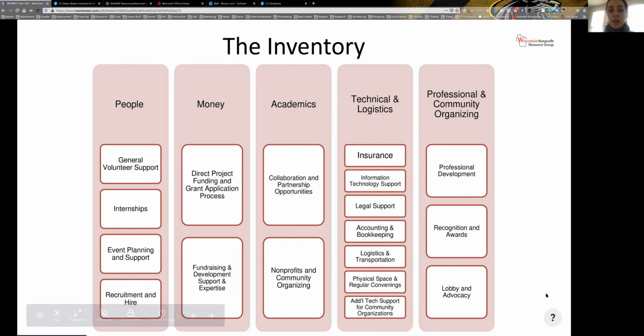And Bryce, if I may just chime in, I failed to mention this, but the initial step to organize this inventory and then use these categories to structure it actually did come from something much like what we're doing today. Back in 2016, when our center, along with the Helen Bader Institute and other collaborators, hosted our Center for Community and Nonprofit Studies annual event. And we had a workshop session where we asked community and nonprofit leaders, what are you looking for? We get these miscellaneous inquiries all the time of, I need an intern, I need volunteers, I need a pro